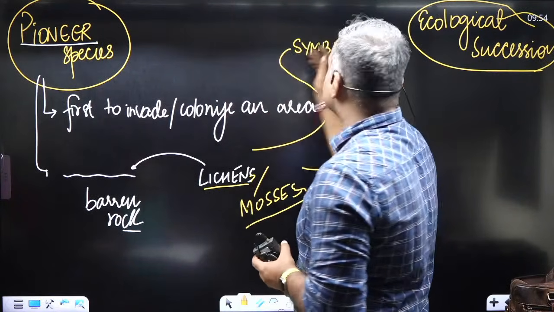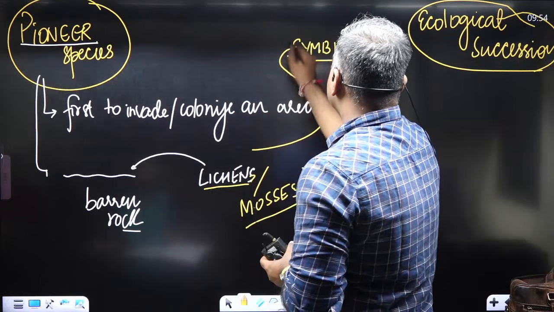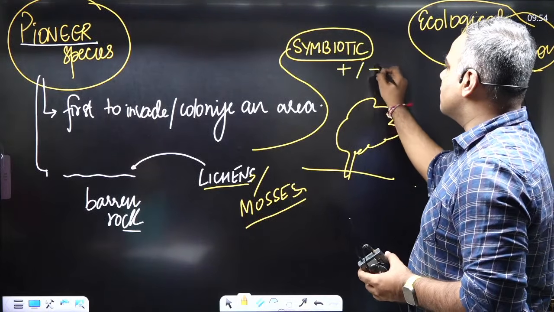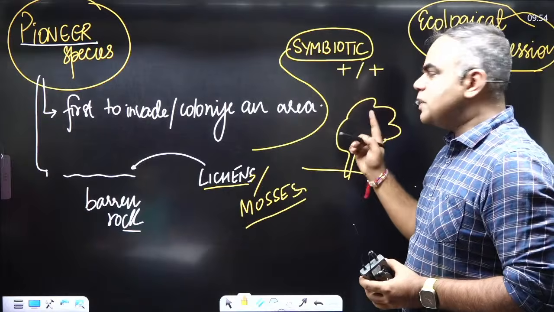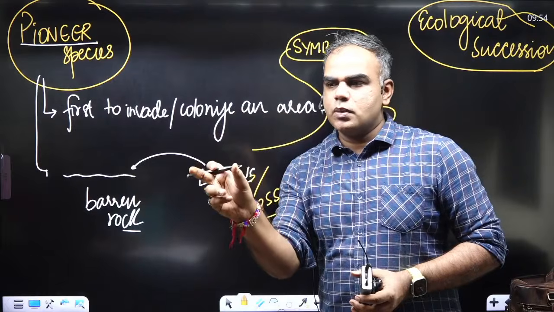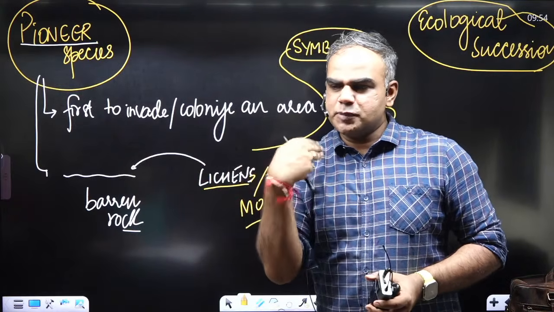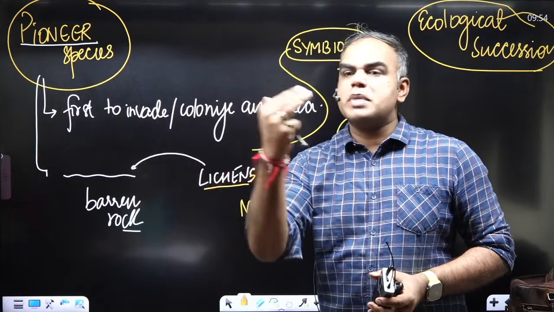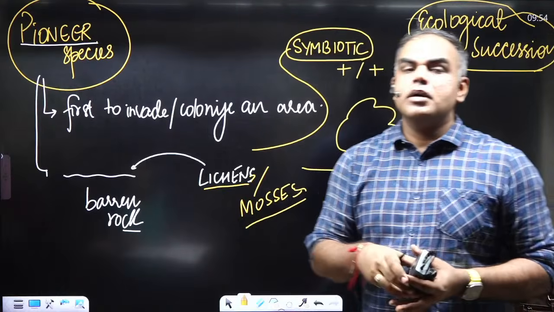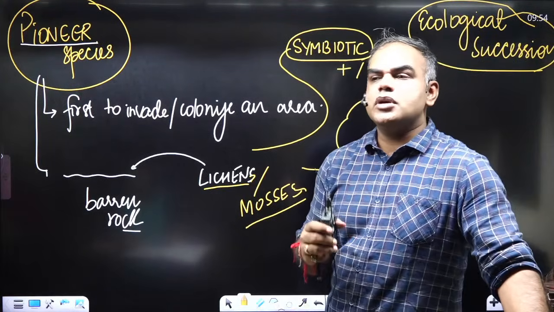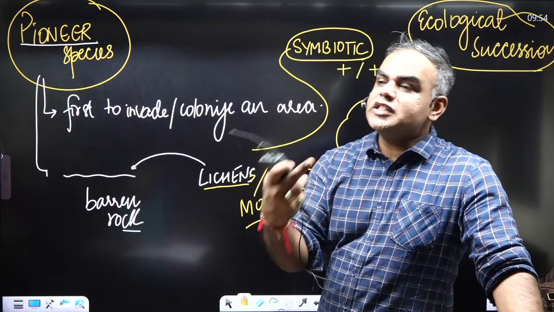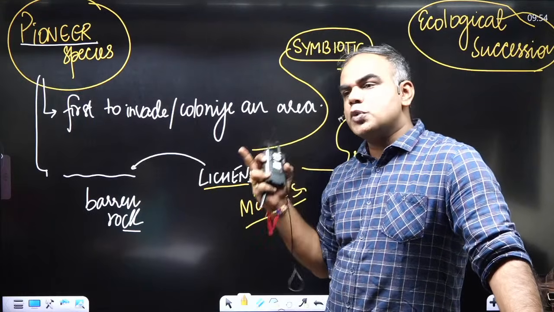After this, I'll tell you the species interactions also. We wrote symbiotic. Symbiotic में पहले लिखना plus plus. Okay, that means whenever species have association, let's say there is species number 1 and there is species number 2, plus plus means that this species is getting benefit from this species and the other species also benefiting the other. Okay, which means both of them are benefited. Okay, but in nature there will be many interactions. Sometimes only one species benefited, sometimes both species are harmed, sometimes one species is harmed. Yes or no? And for that also we'll make a table.